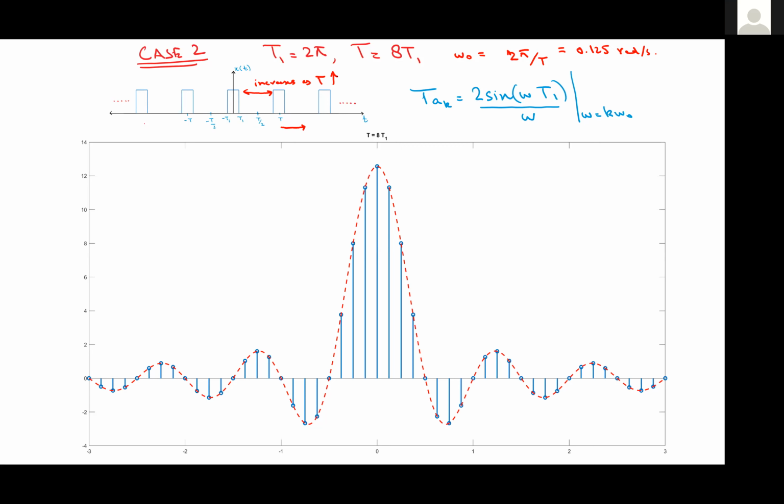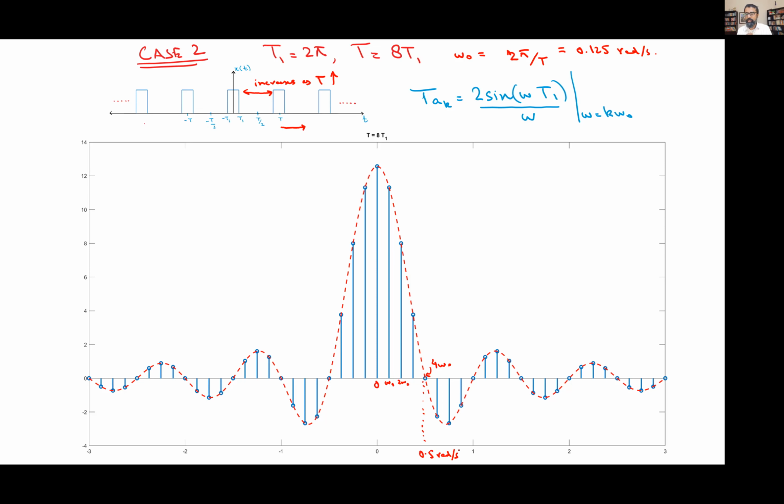Okay? And what happens as I increase the capital time period? The harmonically related frequencies become closer and closer together, right? So the first one would be 0, and this would be omega naught. This would be 2 omega naught, and this here is now 4 omega naught. And this, by the way, is still 0.5 radians per second as it was earlier. Except that in 0 to 0.5 radians per second, you now have twice as many samples as you had earlier.